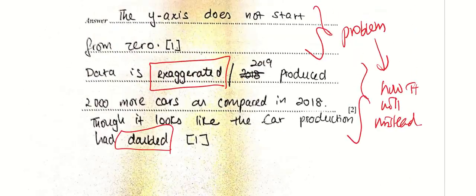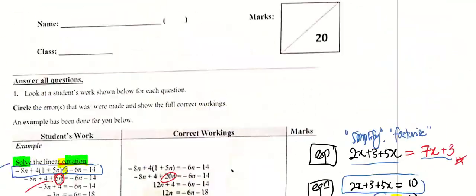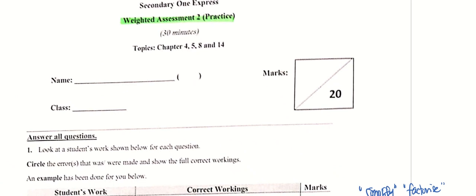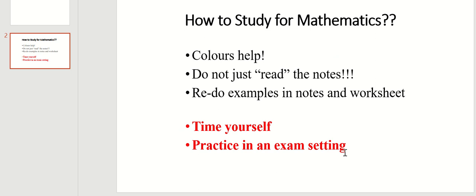Okay, so that's it. This is the end of the paper. It's out of 20. I have not collated the average score, but quite a number of you scored 17 and above, which is great for starters. Unfortunately, this is only practice, so it's not counted. Don't be too happy. For those of you who didn't score well this time round, let me briefly tell you how I think we should study for mathematics. So, how to study for math?